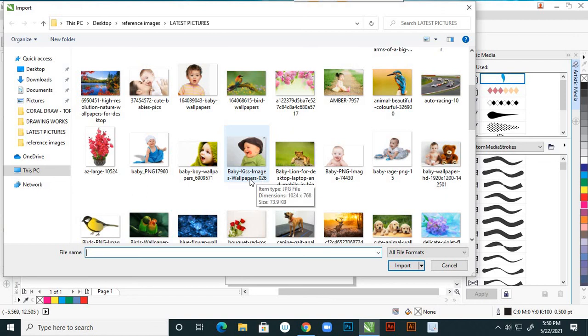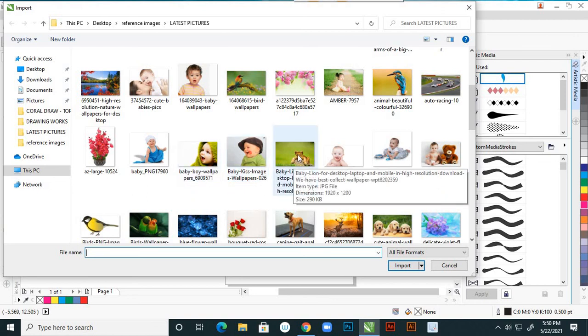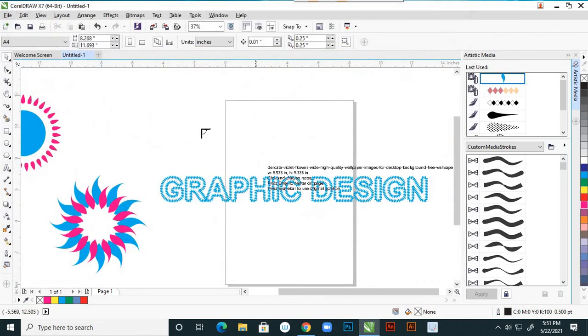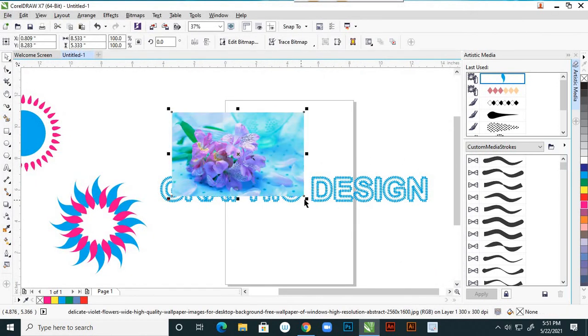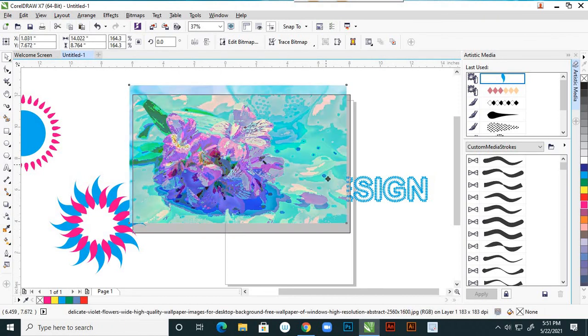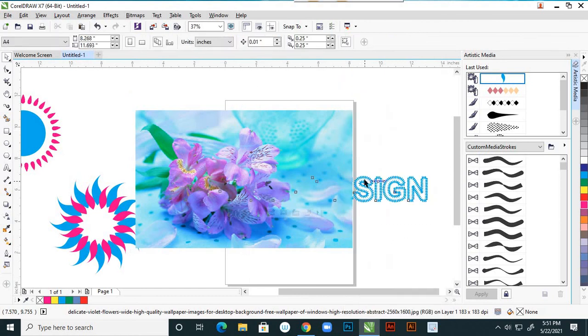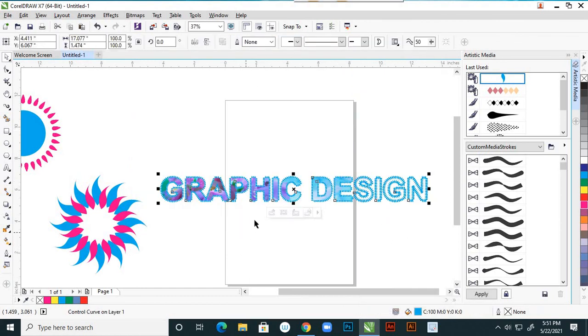Import any picture. So this is my picture here. So size it, make it big size, and right click and make PowerClip. So it is in that, right?